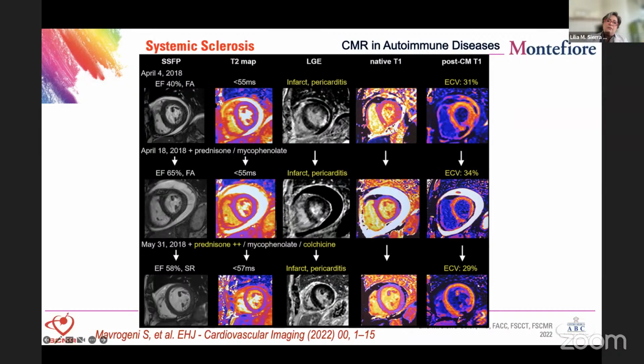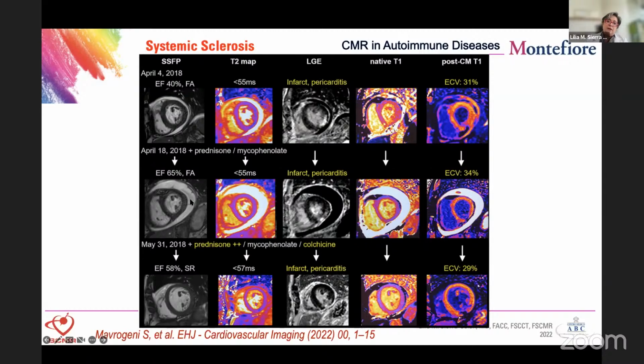Then there is more fibrosis than inflammation, remember that, so it's not that impressive, the myocardial edema. They have infarct with the coronary distribution or with no coronary distribution. They have pericarditis and obviously the pericardial effusion, but the pericarditis is inflammatory, and the T1 is higher, so mainly in some patchy areas, and the extracellular volume is increased.